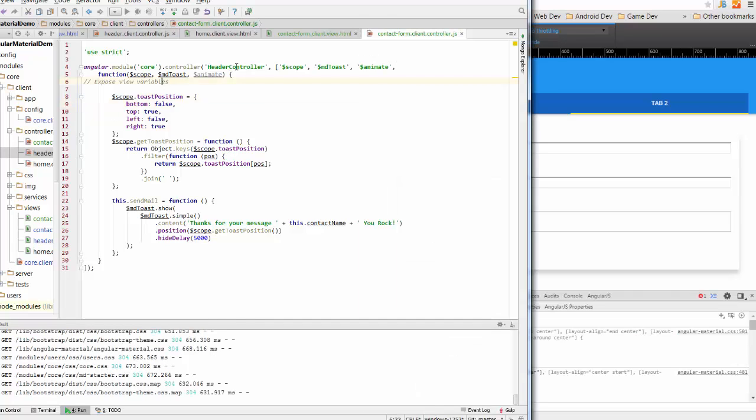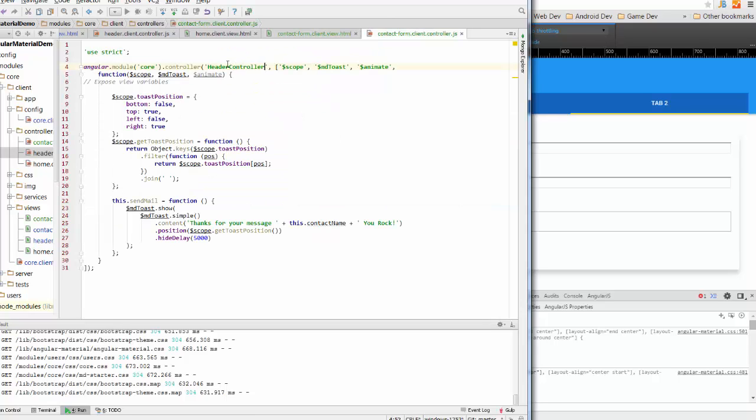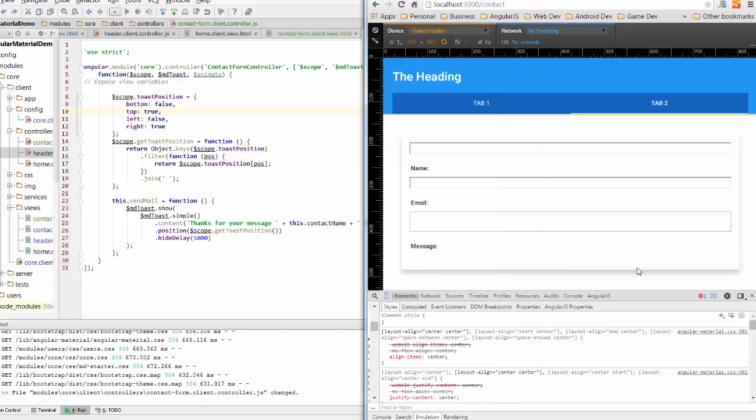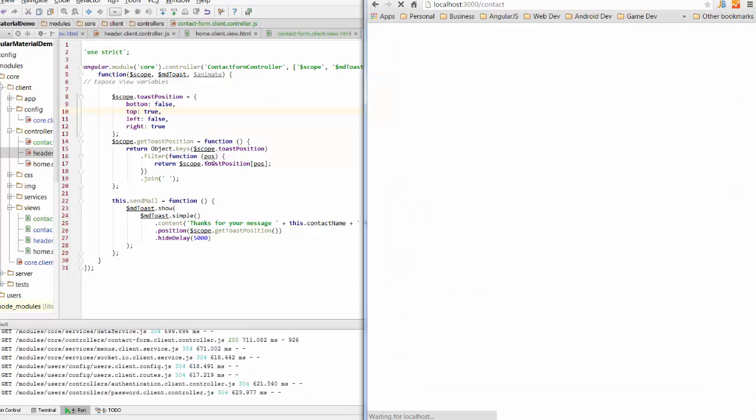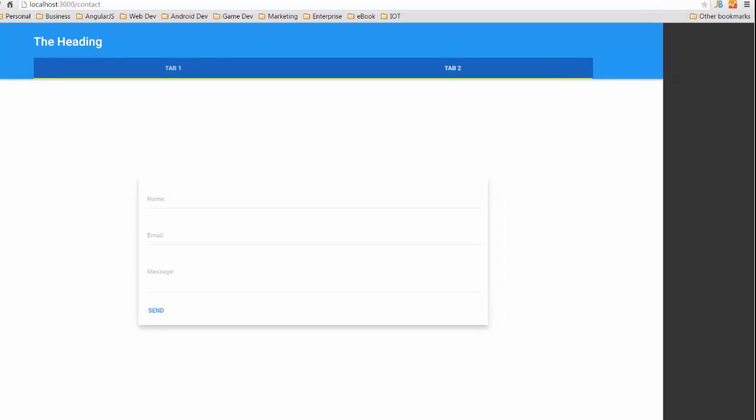Okay, cool. I haven't actually referred to the contact form. Gosh, I copied and pasted it, but I didn't refer to it, of course. So let's just make sure that that doesn't refer to the header. It refers to the contact form controller. Let that refresh. Hopefully that picks it up this time. Make that a little bit bigger so we can see it.